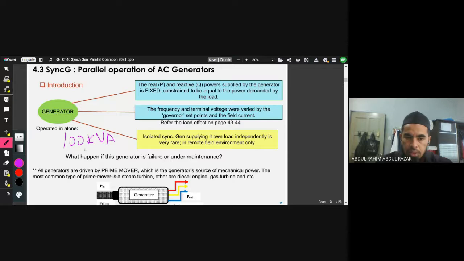So we represent it in kVA, and 100 kVA is not supposed to be 100 kilowatt, maybe just around 80 kilowatt of power. So this 100 kVA, if we look